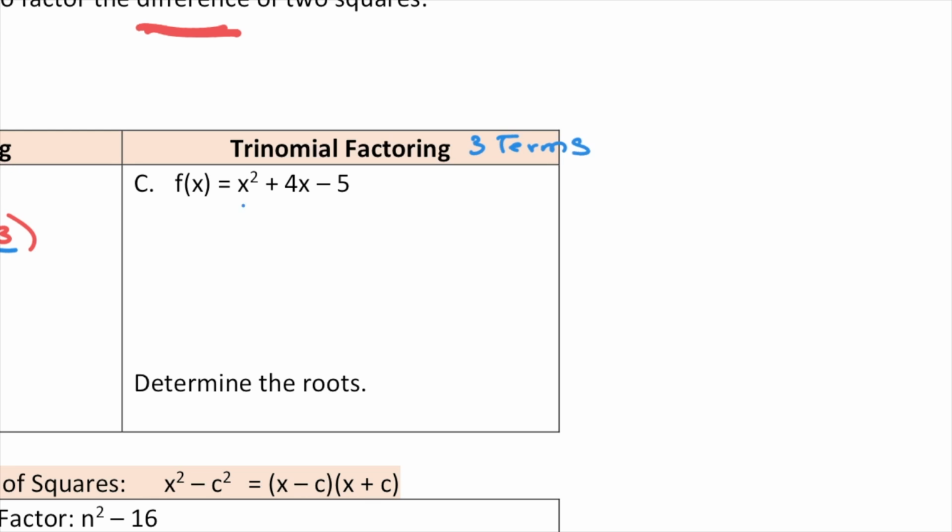So when you have 3 terms, you're going to draw 2 sets of parentheses. Figure out x squared is x times x. We're going to fill those in. And then we have 5, but it's not just 5, it's -5. But 5 is 1 times 5. That minus sign means that we must subtract. And what are we going to subtract to get a positive 4? The only way that will work is if we have -1 plus 5 to give us a